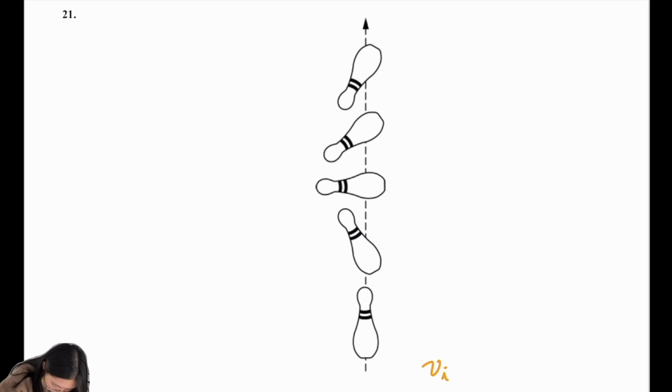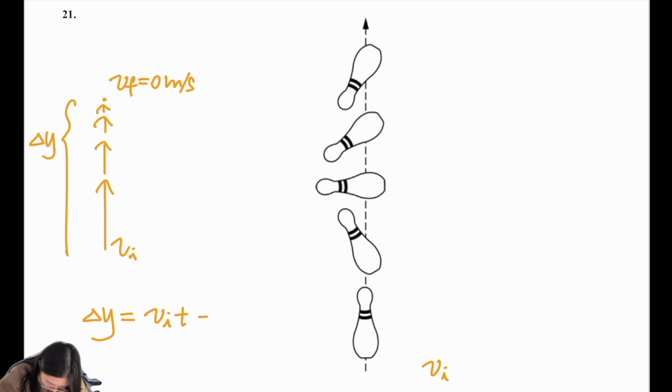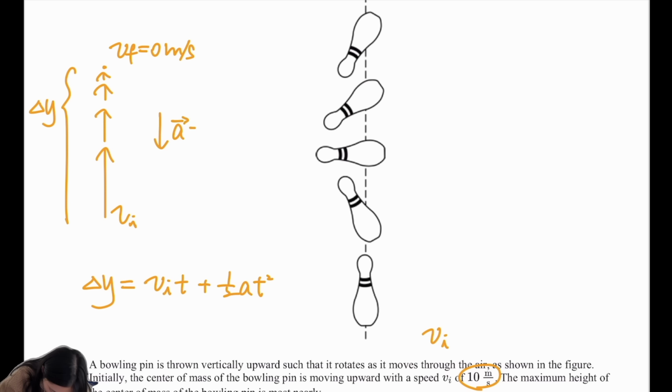As for the free fall motion, given its initial velocity, due to the downward acceleration, its velocity gradually decreases until it reaches 0, until it temporarily comes to a stop. Then the change in the position or the displacement is equal to v initial times t plus 1/2 a t squared. So acceleration is pointing downward, so it's negative g, assuming that upward is a positive direction. Then delta y is equal to